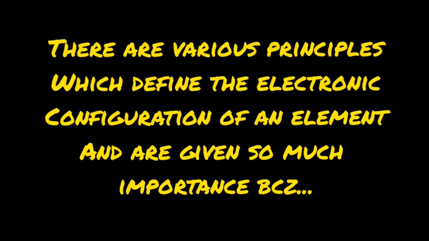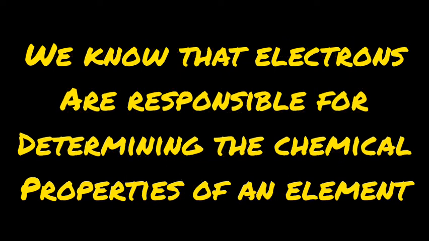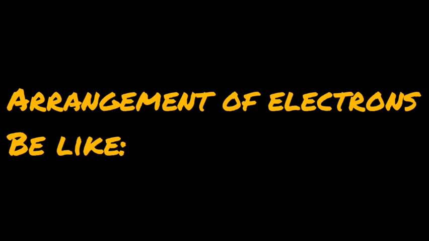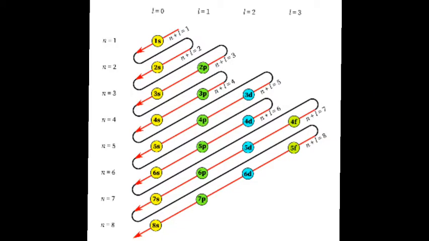So we should know about some principles which determine the electron configuration of an atom and thus make it easier for you all to understand periodic properties. Now it's time to determine how to place electrons in an atom if it is thought of as a quantum mechanical model. See, the electrons in this model would be logical to place somewhat like this. But how can this arrangement be proved?